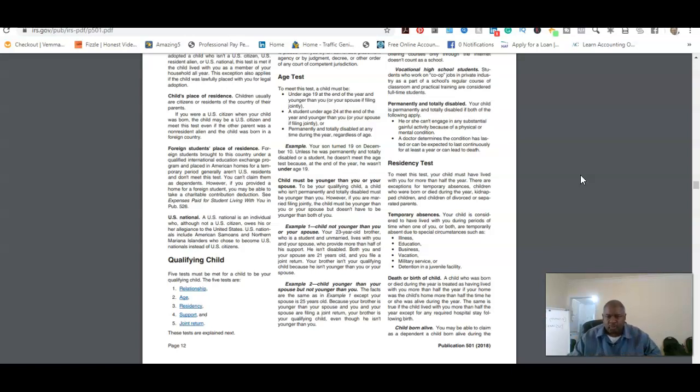The fourth test is support. As long as the child doesn't spend 50% or more on taking care of themselves, they are good to go. Once that changes, then you take yourself out of the loop of being a qualifying child with your parents or your guardian. Then the fifth test is joint return, and that simply talks about, say for example, if you've got